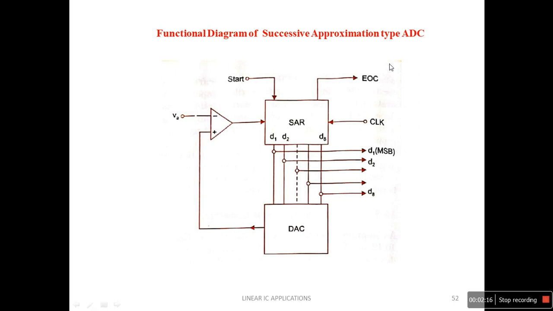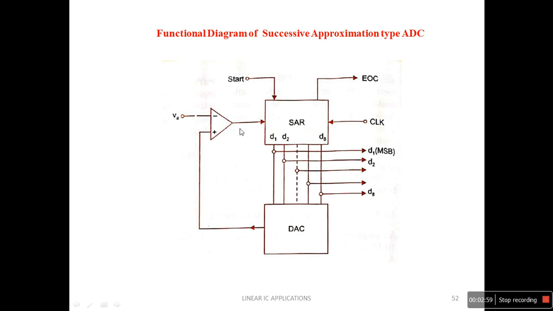This successive approximation type ADC uses a successive approximation register to find the required value of each bit by the trial and error method. There is no exact method; just by simple trial and error, it finds the value of each bit. The main part of the circuit is this one. This is an 8-bit SAR, and its output is given to the D to A converter. The analog output of this D to A converter is then compared to the analog input signal which is to be converted, using this comparator. This is called an op-amp comparator.